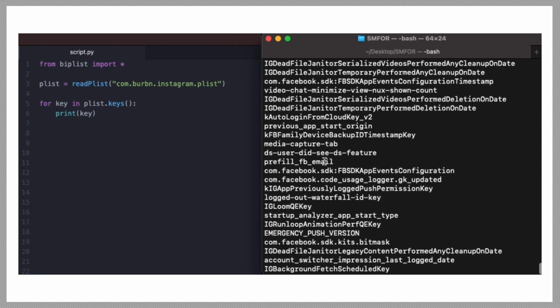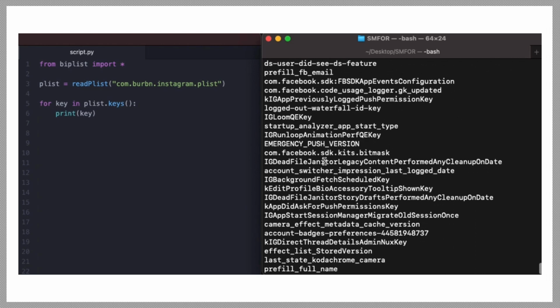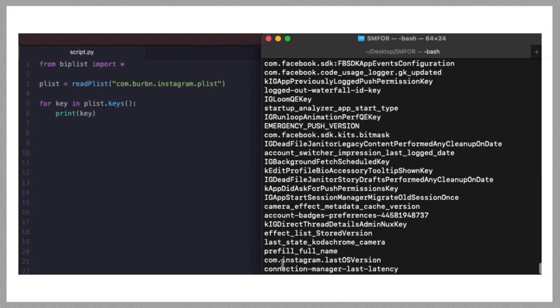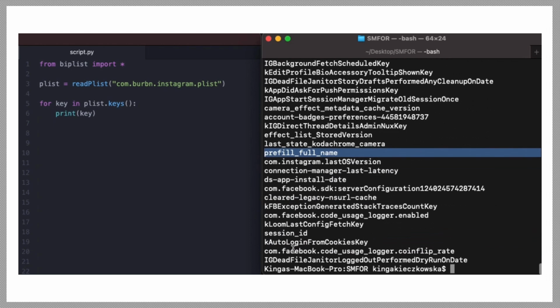And there's a full name key as well, so that can be interesting. So how can I use it in the script? Let me create a list of the keys that I'm interested in. So I'm going to input here. I forgot to actually make the list. I'm going to input the keys that I'm interested in just as strings in the list, and then I'm going